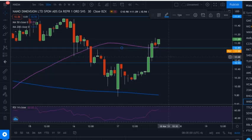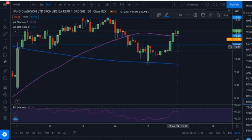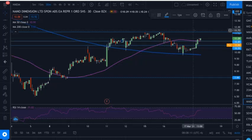And if it does close below, we'll be looking to come back down into this support here at 1056 and then take it up to our new resistance at 1089. If we get a break above there, we'll be looking to take it up to our next resistance at 1161,